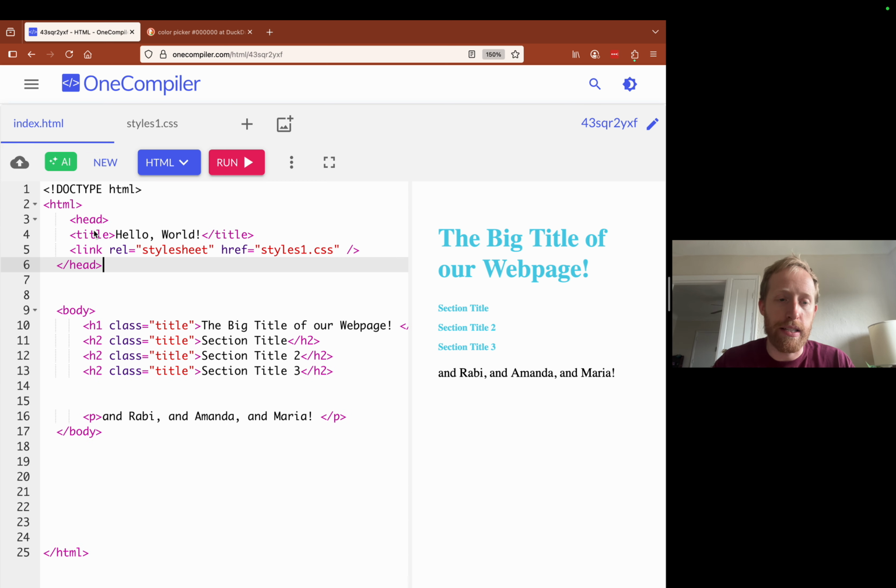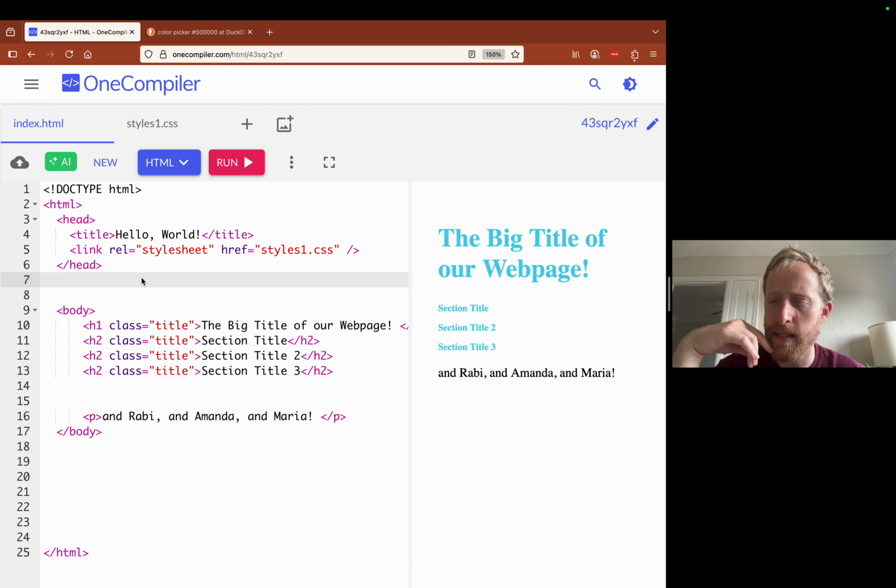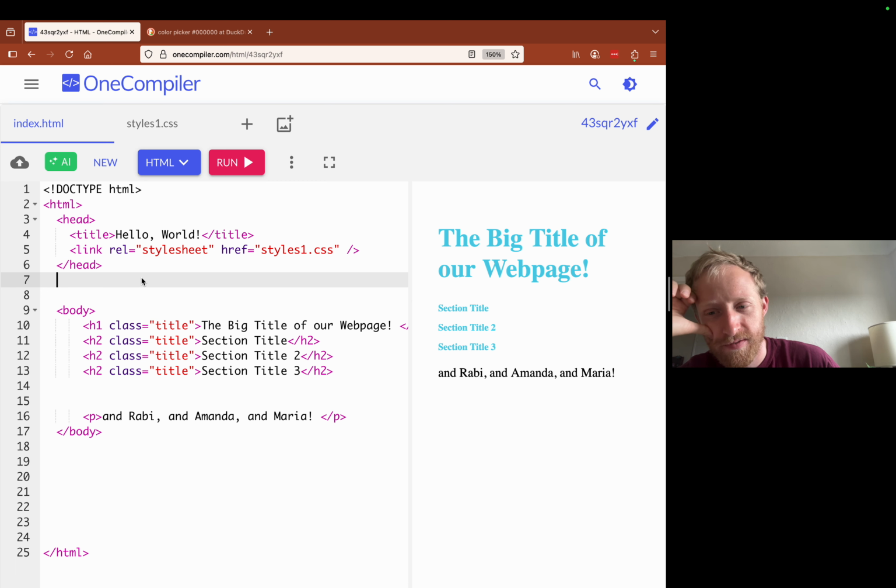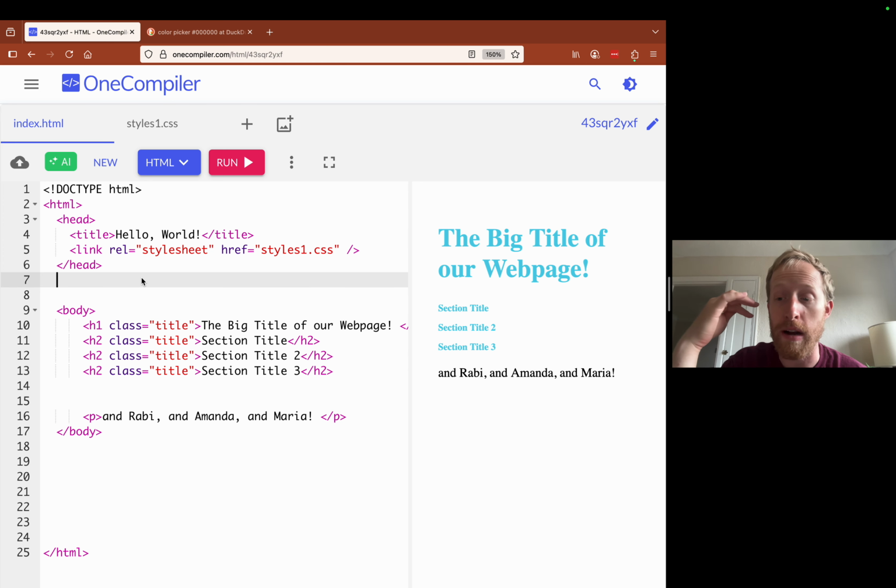So let me comment on a couple of things. So the head is what's called metadata. Does anybody know what metadata means? No. Oh, okay. Maria, have you heard of the word metadata before? Yes, because I worked in graphics for television. Okay. Embedded or hidden data that was not obvious. Exactly. So that's metadata. Maria described it beautifully right there.